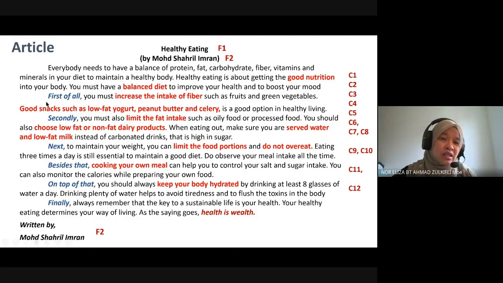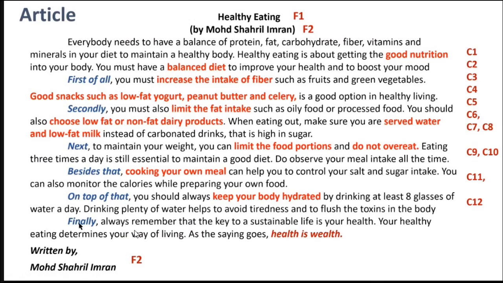Now, what do you actually see on the blue bold ones? Again, these are connectors. Sequence connectors show that organization is very important. The ones in red are the content points, and the ones in black are the elaboration. Elaboration is needed and very important when you write your essay, but not too long. Make sure it elaborates all the points that are given to you.